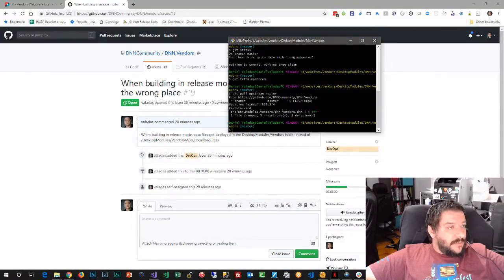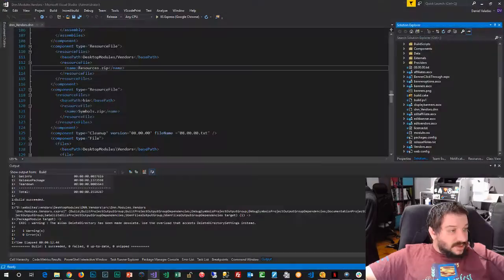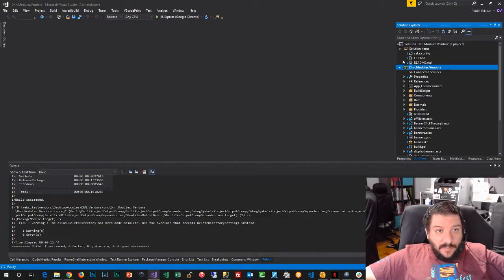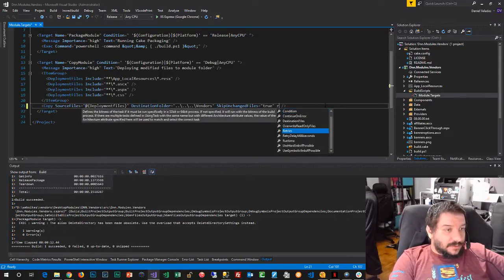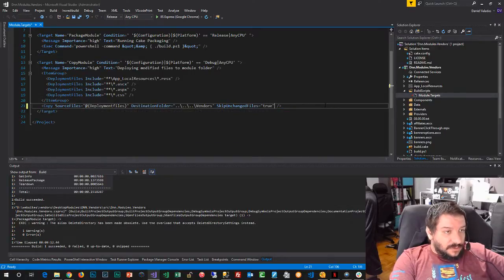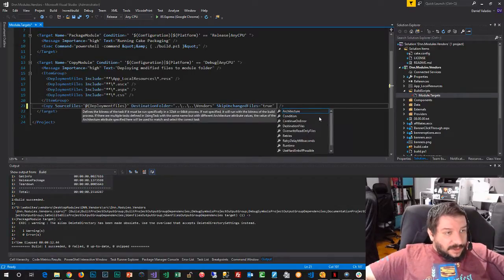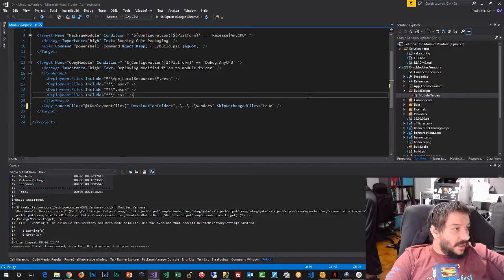So now, what was it? Okay, they get copied in the wrong place. So I think that's going to be in the build script here. Two things: either there's an option on the copy to be recursive, and there isn't. Okay, what do we have? Architecture, condition, continue on error, destination, files, override read-only, retry delay, runtime, use hard links, use symbolic links. Okay, so what I'm gonna do is